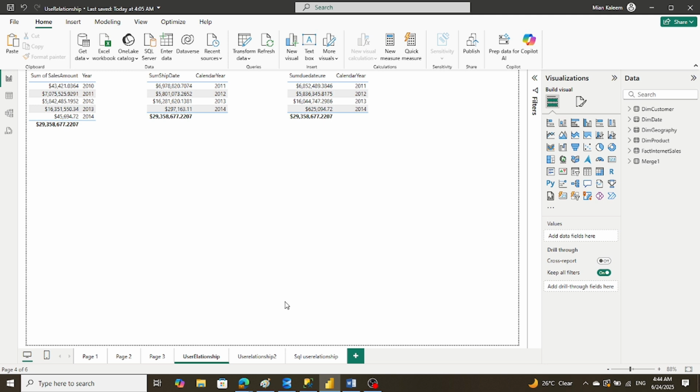So total orders received, then their due dates, by for example by month or by year, and then the ship dates. For example, how many orders were shipped by month or by year. So this is an example of here we have